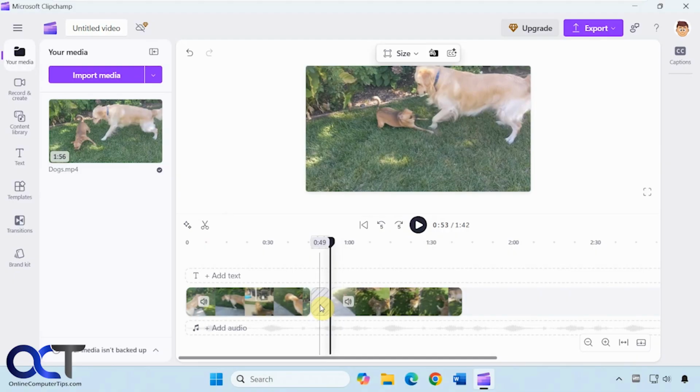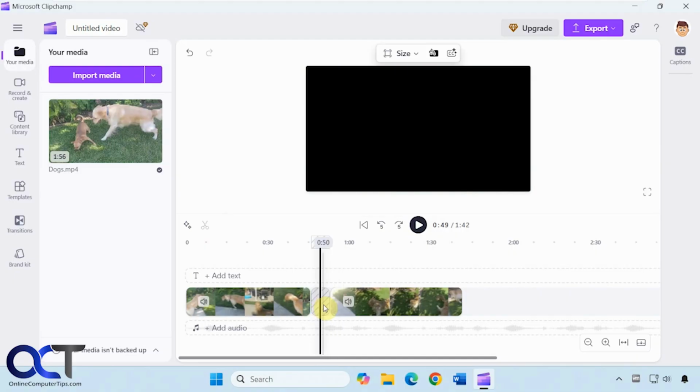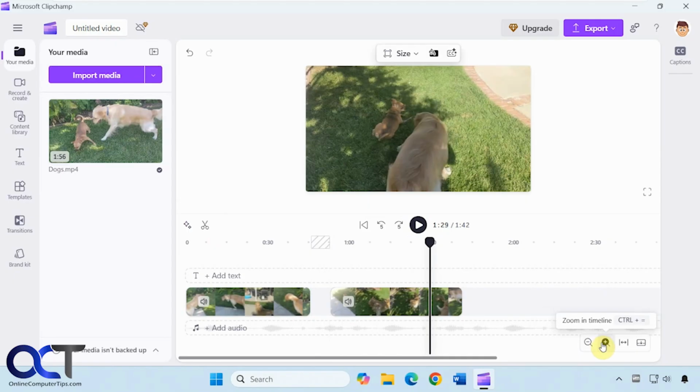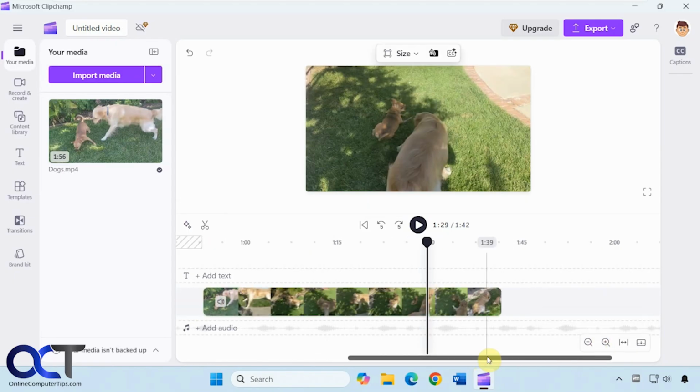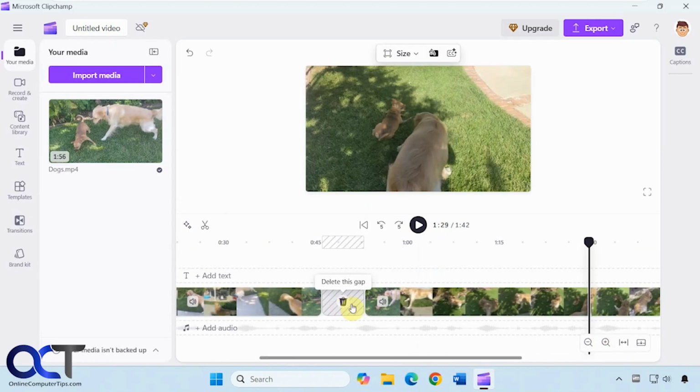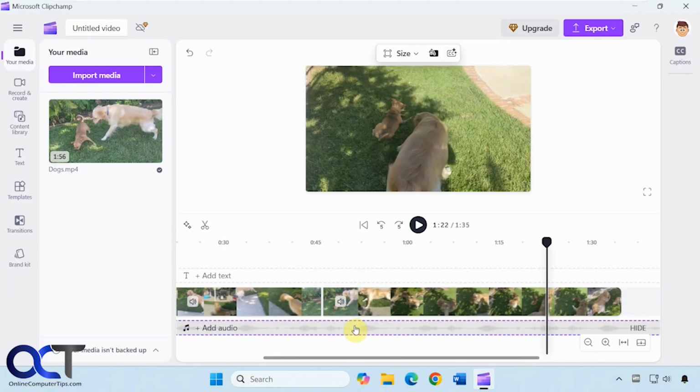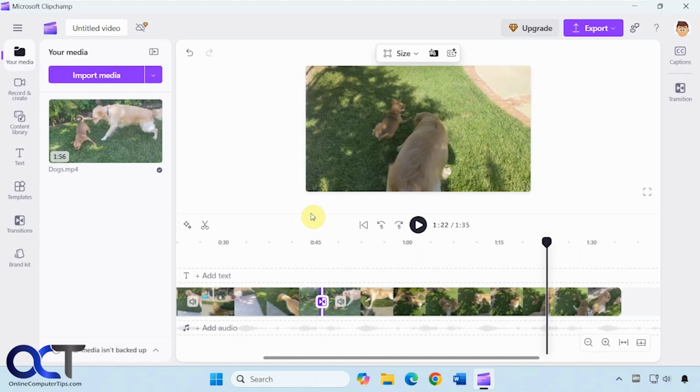All right, so now you have this space here. And if you don't have the trash can, you might have to widen it here so it makes the trash can icon to delete the gap. So I'm recording at a lower resolution, so it makes it look a little strange here. All right, so now we have these two sections here, and you'll notice too, when you hover your mouse between the two sections we just cropped here, there's an Add Transition button. If you click on that,